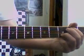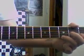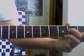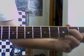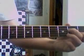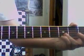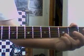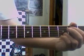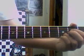alright, so you go from the GB to an A minor 7, which is 3rd on the 1st, 1st on the 2nd, and 2nd on the 4th, with the open 5th and open 3rd. And then you lift up the high E 3rd, just to open, and then A7 suspended 4, which is 3rd frets on the 1st and 2nd string, open 3rd, 2nd on the 2nd fret on the 4th, and open 5th. Okay, and then